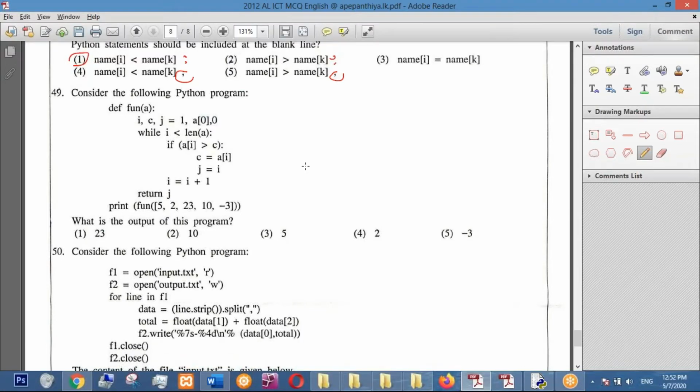If you get hold of this, it's really easy. So that's a chance where you can score rather than leaving it out. And here in the MCQ, I think it's better you finish all the other questions and start the Python question, because some time will be taken for this, right? Because if you take all the Python questions together,